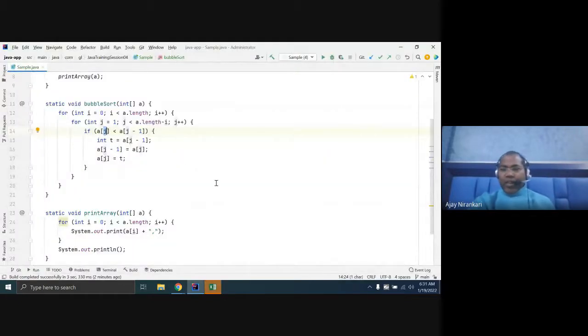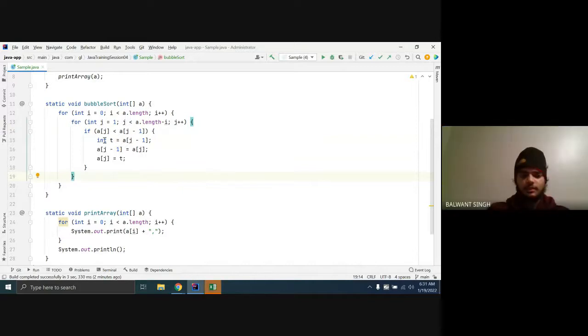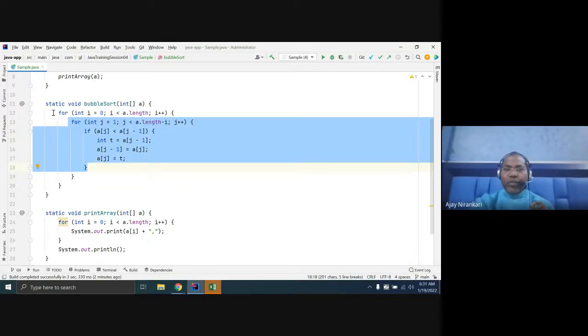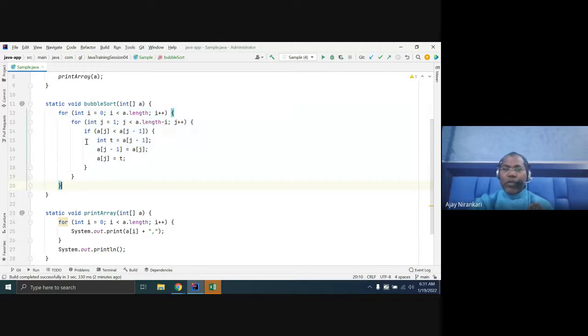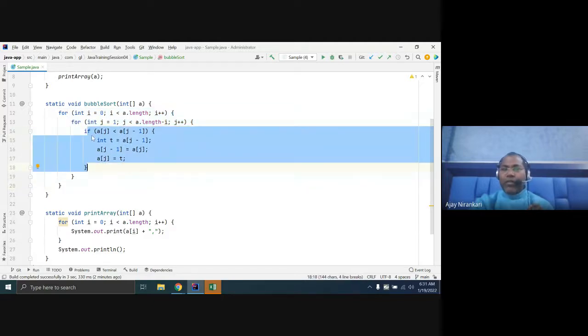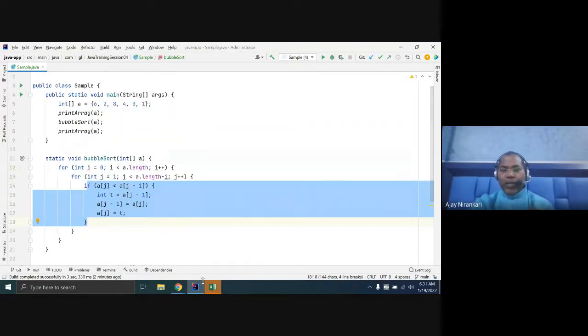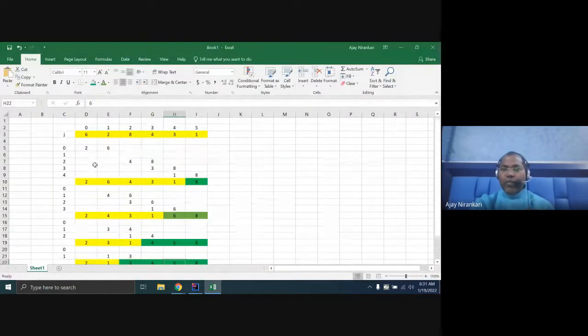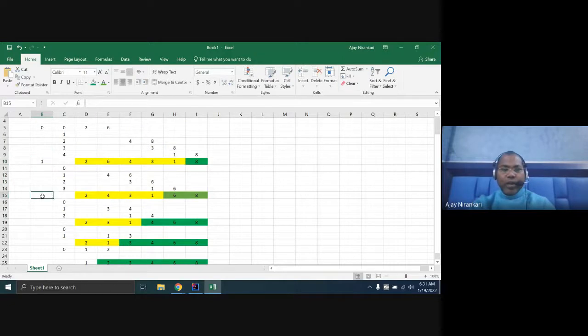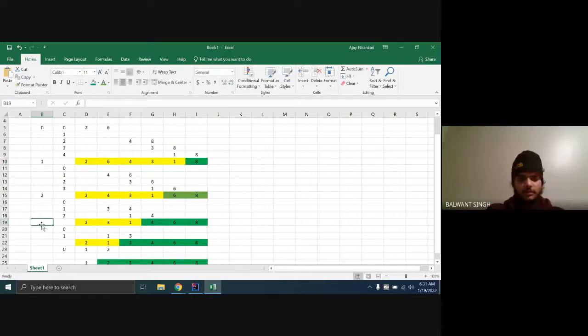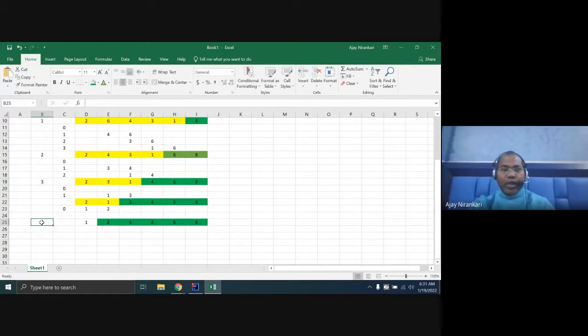So now it is clear how you can do bubble sort, how I'm writing this code. It's clear why I'm writing two loops, why I'm writing this if condition. Again, you dry run this way: this is your j loop and this is your I loop. This I loop runs 0 times, then 1 time, then 2 times, then 3 times, then 4 times.